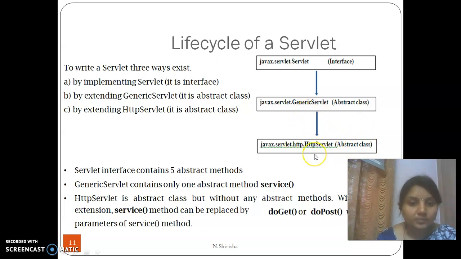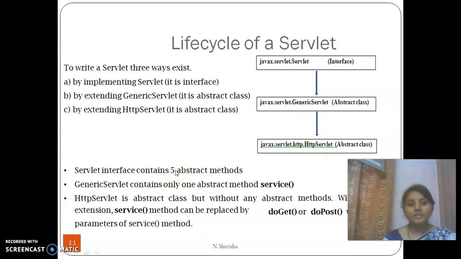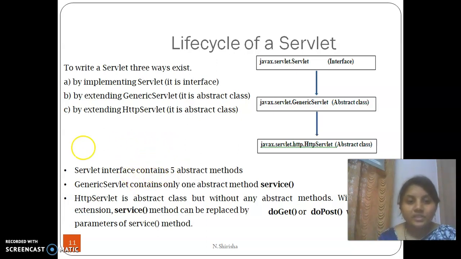So these are the 3 packages we use. The servlet interface consists of 5 abstract methods, and generic servlet contains only one abstract method, which is service.